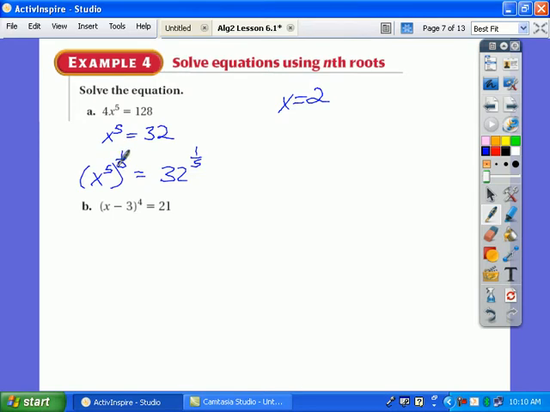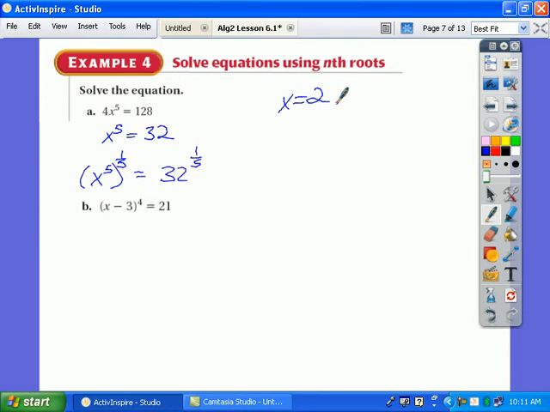If it's an odd root, if I'm using an odd root, there's only one piece. Okay? It comes back to that slide, even or odd. Okay, so we'll have to pay attention to that. Now, in part B,